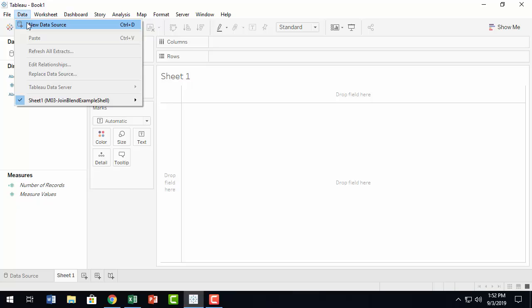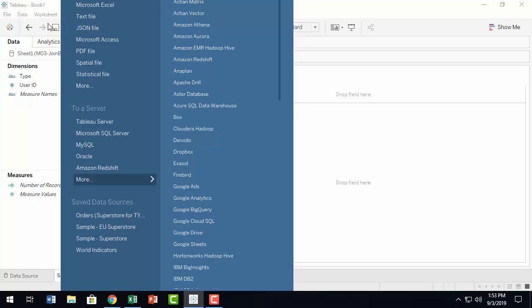Because if you add data from the data screen, then a join is what will happen. So the data sources will use the join technique to join. If you want to blend, then you have to do it from a sheet. Okay. All right. So, now